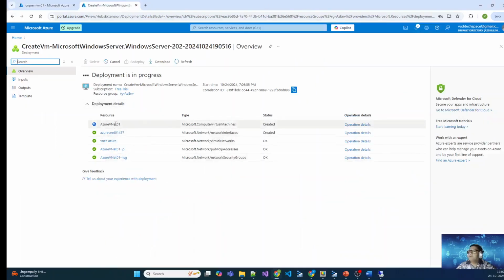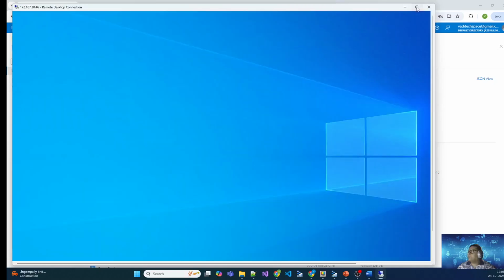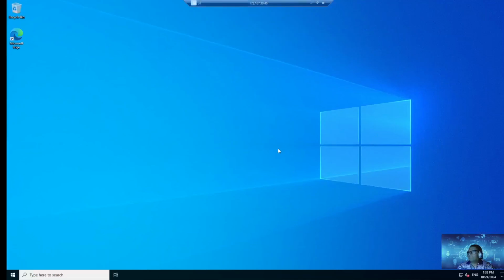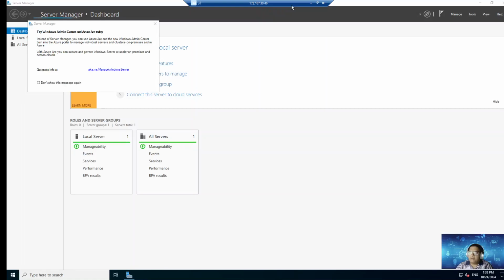While this is getting warmed up, let's go and see what the Azure VM is doing. Looks like we are almost there, which is good. Now, let's go back to the machine here. Let the Server Manager get loaded. On this server, we have to install a few roles in order to mimic the router configuration which the network administrators do in the on-premise data center. So we will do that,